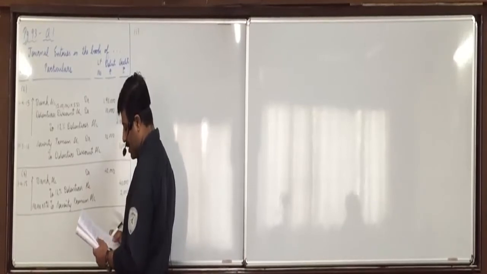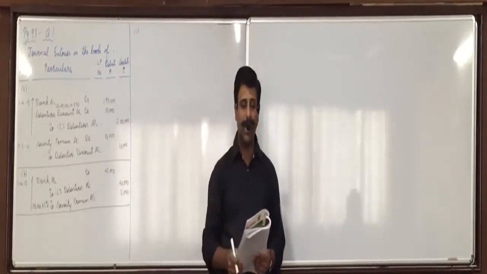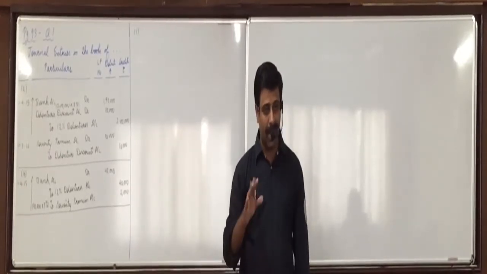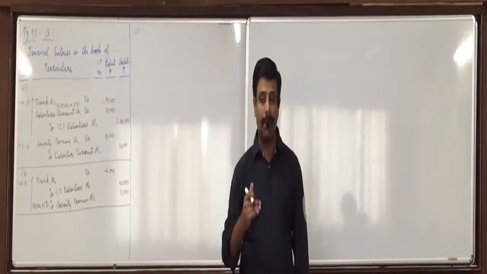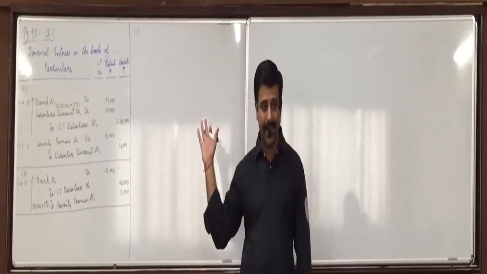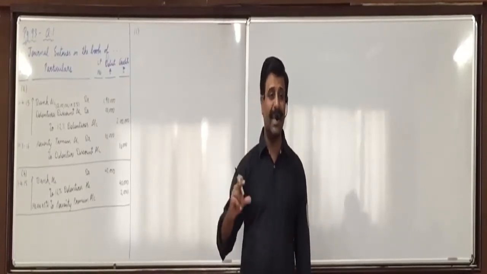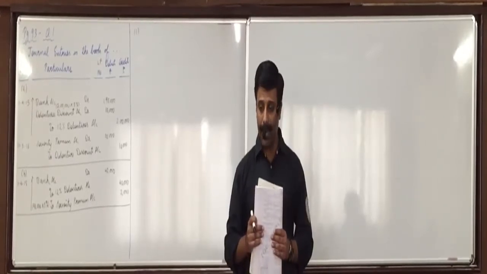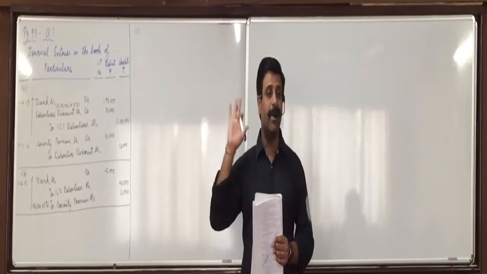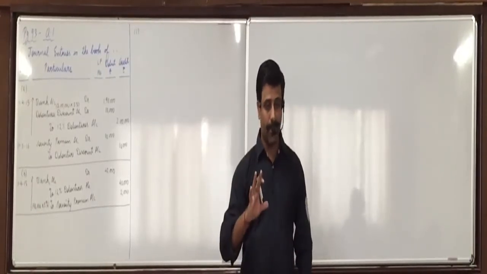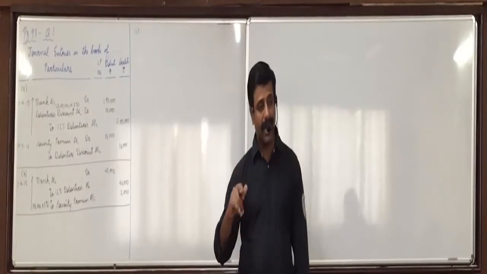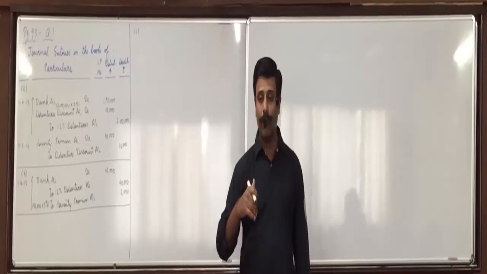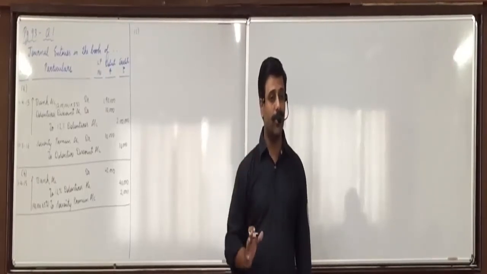Issued at par, redeemable at premium. Now here, be careful. We know that the combined entry is bank account debit, loss on issue of debenture account debit, to debentures, to premium on redemption. But you don't pass the combined entry because the amount will become confusing. We will get the combined entry, but we will pass two single entries and combine. First we pass the entry of issue, leaving one line in between. Then we will combine the effect of redemption and premium, loss on issue to premium on redemption. So you will not make mistakes with the amount, and you will get the combined entry very easily.